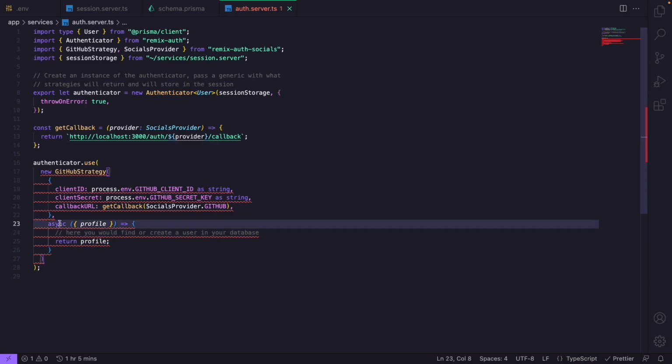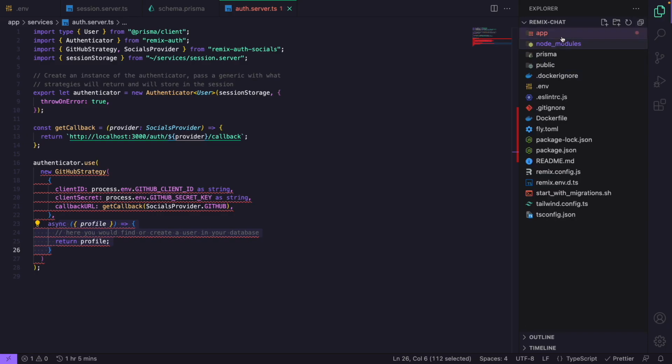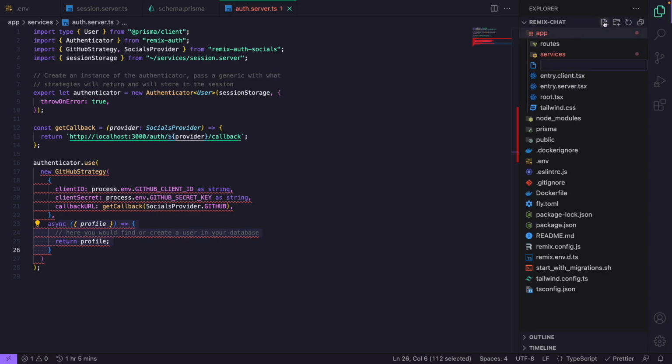So now inside of this async profile, in this function right here, we will check if the user already exists, and if the user does not exist, we create a new user. But before we can actually do that, we will have to create a database instance or a Prisma instance and global instance, since right now in the development environment, if we reload our page, we will get a reconnect to our database, and then Prisma would give us an error that we have too many connections. So what you will have to do right now is click on the app folder, and inside of the app folder, we'll create a new file called